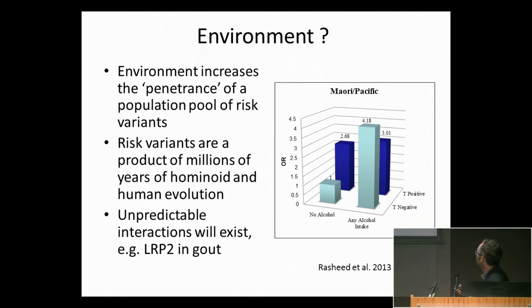But what's critical here is that when you combine this genetic group with alcohol exposure, you're overriding the protective effect of this genotype. Compare here to here, it's protective. It's got a higher odds ratio for gout than the other genotype in alcohol exposure. So it's an example of an unpredicted, non-additive interaction between your environmental exposure and your genotype. And these interactions are becoming more widely accepted. They're out there, and of course in obesity, the FTO gene is the strongest obesity effect, but it has a very strong interaction with exercise in terms of weight loss.